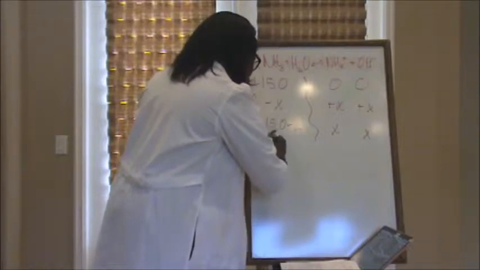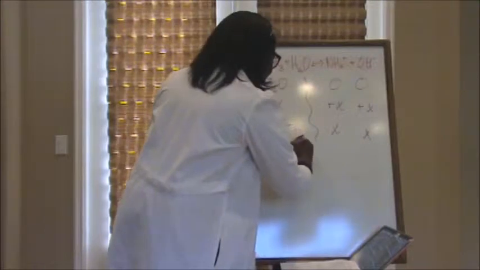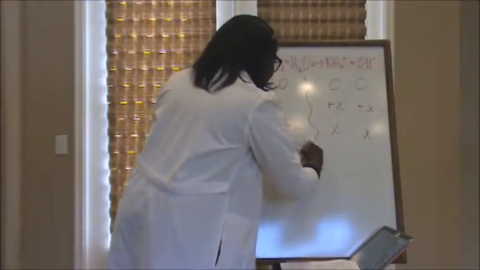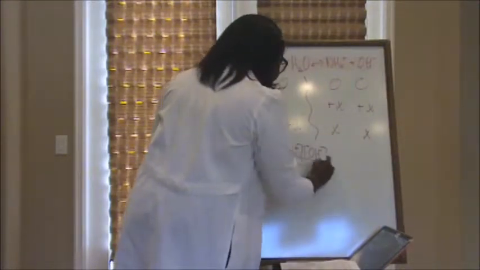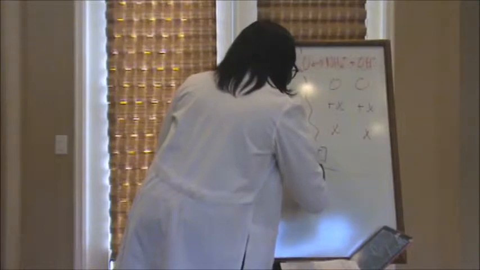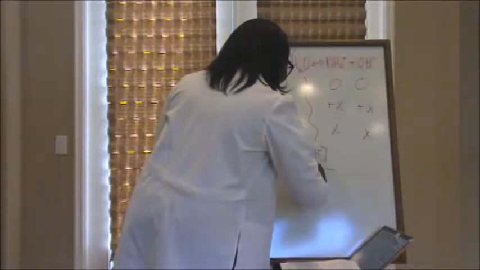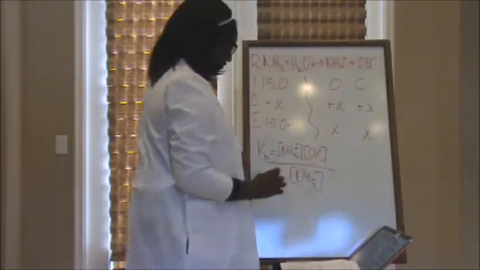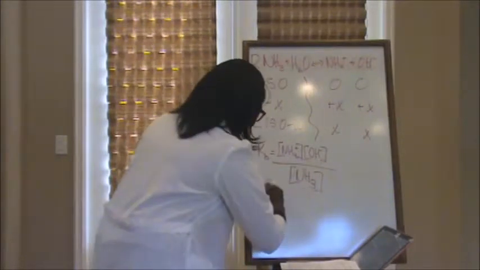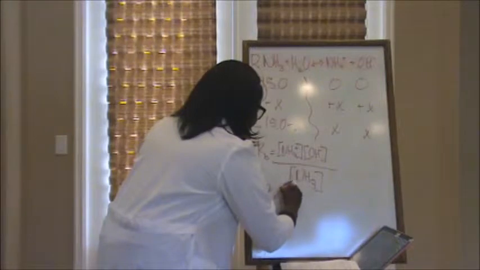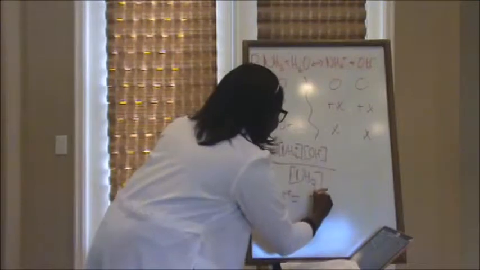So, the equilibrium expression is Kb equals the concentration of ammonium multiplied by the concentration of hydroxide, all over the concentration of ammonia. So let's input the values. In the problem, it said that the Kb was 1.8 times 10 to the negative fifth, and then the concentration would be